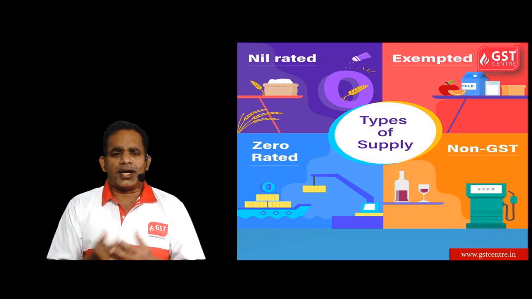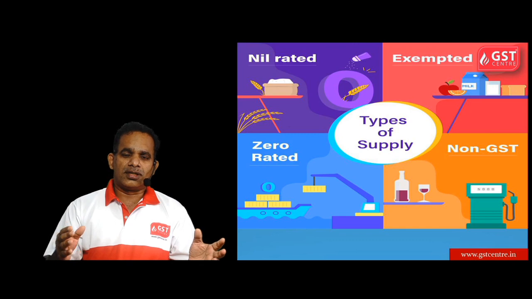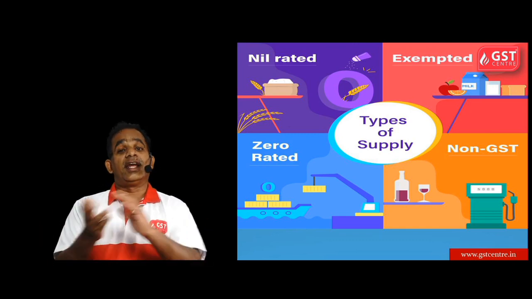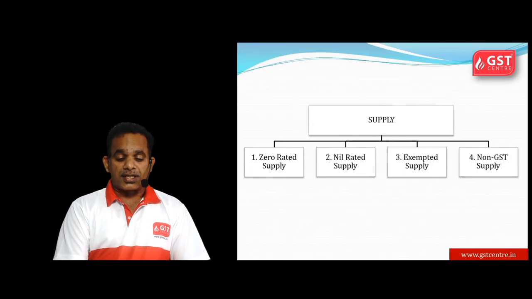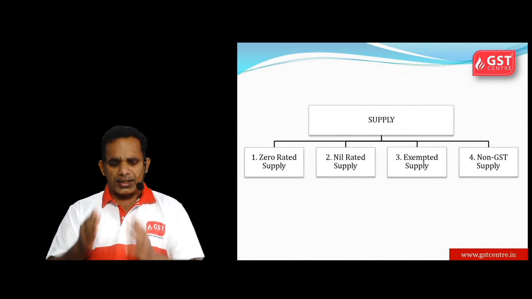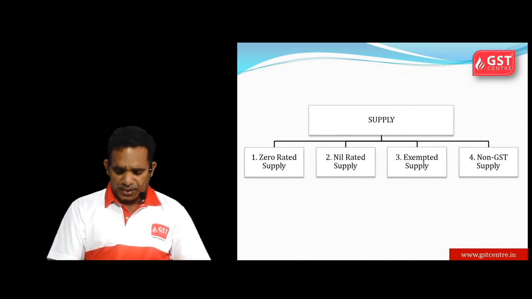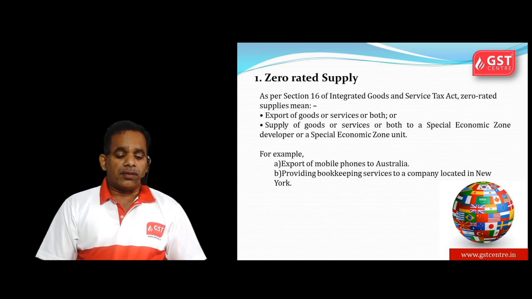Many times I have heard wrong answers on this aspect. There is a big difference between zero rated and nil rated, but sometimes we get confused. Okay, let us see. The supplies are classified into zero rated supply, nil rated supply, exempted supply, and non-GST supply. We will take one by one. First of all, zero rated supply means